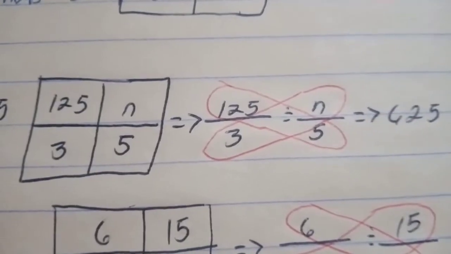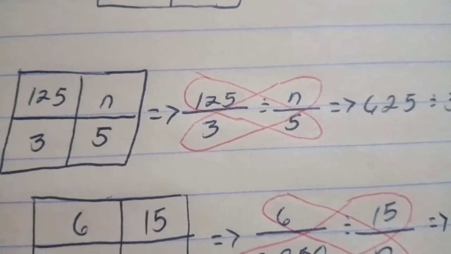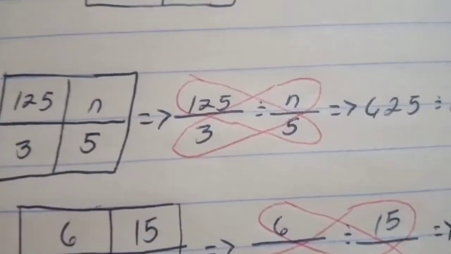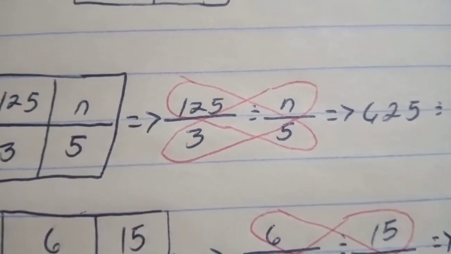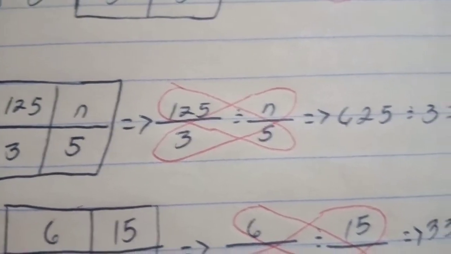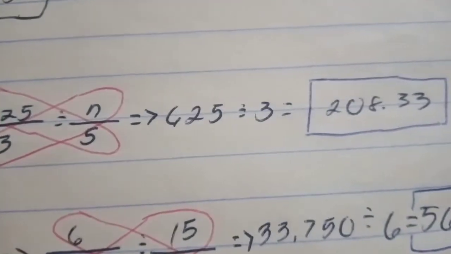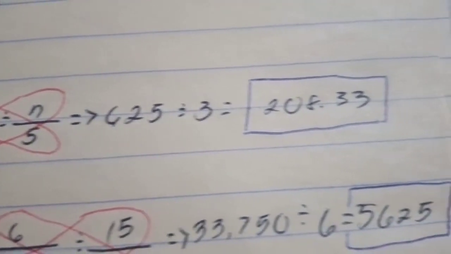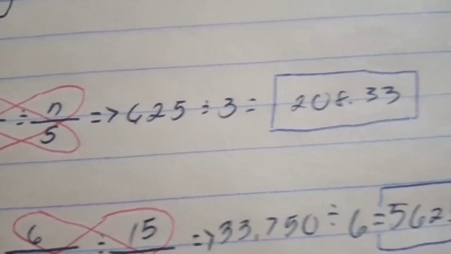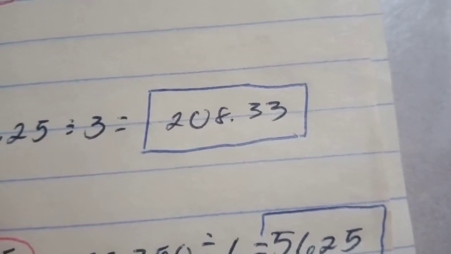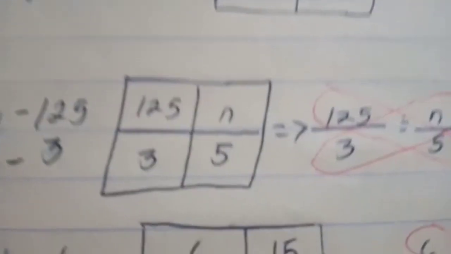First, we must find the proportion in this problem. We are then given the proportion of 125 over 3 equals n over 5 by using the given as a proportion. We then applied cross multiplication in this problem. By multiplying 125 and 5, we will then get a result of 625. Multiplying 3 by n, we will then get a result of 3n, giving us a result of 208.33 if we divide 625 by 3. This is the result, meaning that 208.33 is the total amount of miles it can travel